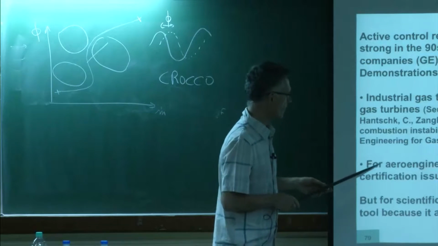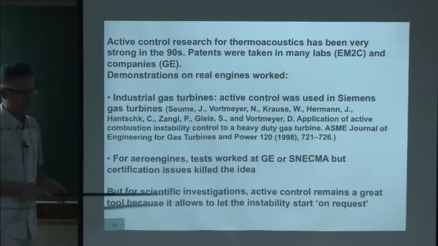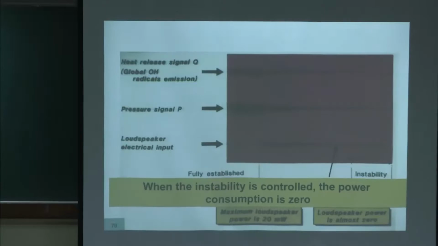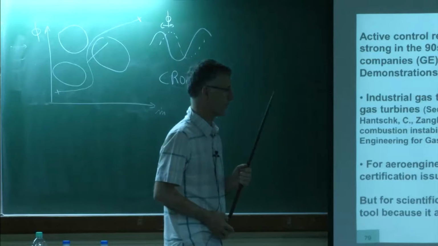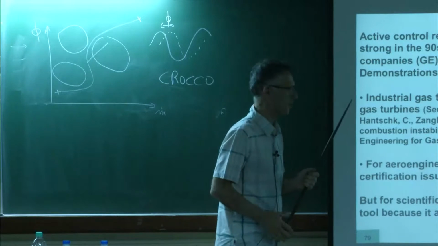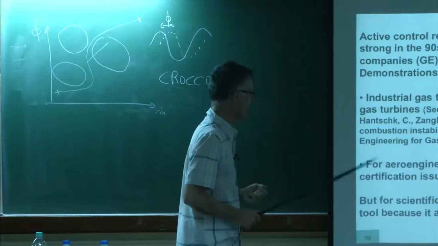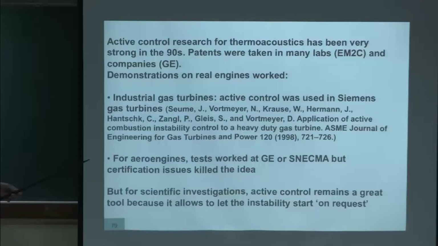The second problem was the big discussions we had with GE. The paper you saw here was completely replicated by GE. So GE did exactly the same experiment we did, and then they took a patent, which is typical of GE. Unfortunately, they didn't know that we had already taken a patent, but then they told us, you can sue us, no problem. We have 2,500 specialist lawyers. And then we said, okay, well, it's too bad, because CNRS in France doesn't have the capacity of fighting this kind of guys, so forget it. I never became rich, so that's what it means. Because in any case, the big problem was not the patent, the problem was the certification.